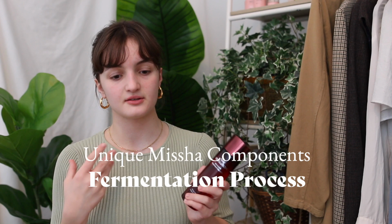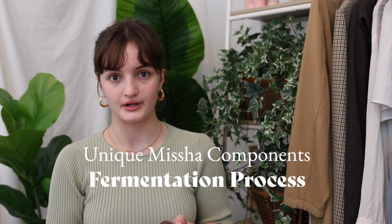So what makes a Missha essence very special is the way that they actually ferment their ingredients. In particular with this red algae essence, they took the red algae and they slowly fermented it at 36.5 degrees Celsius over 100 days. That really helped to gain the full antioxidant power of the red algae, and also it helped to gain a very undiluted solution for this product,